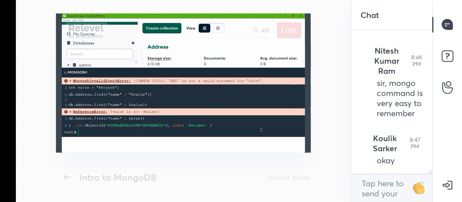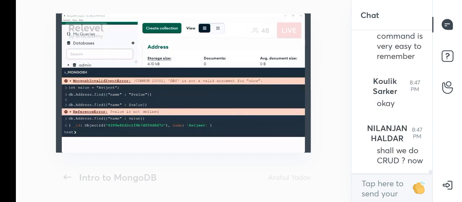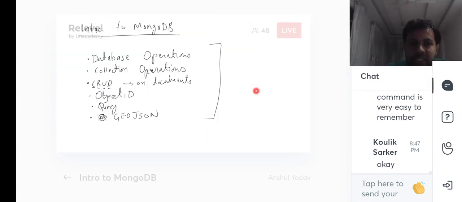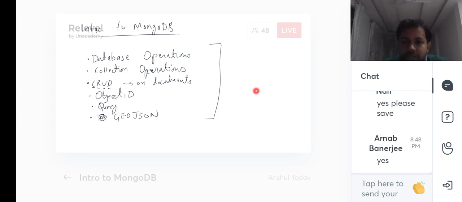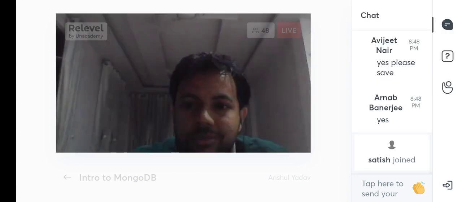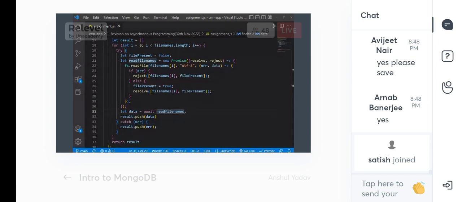Now let's do some commands on objects. But before that, what I can do is probably save the commands in a file so that you can later on review them. We will do CRUD operations on files, but I'm thinking of saving these commands somewhere, so that in future when you are reviewing your notes, you can go through those commands. So I'm going to open our lovely